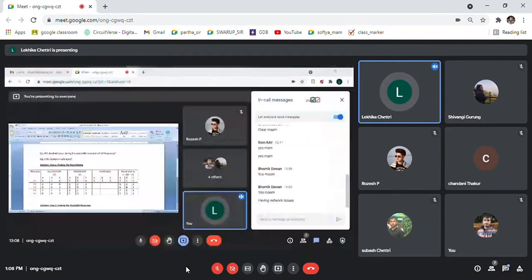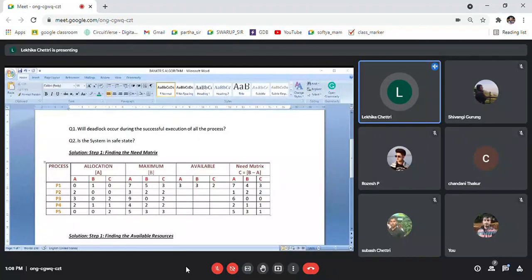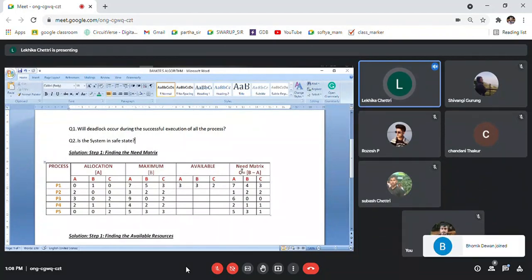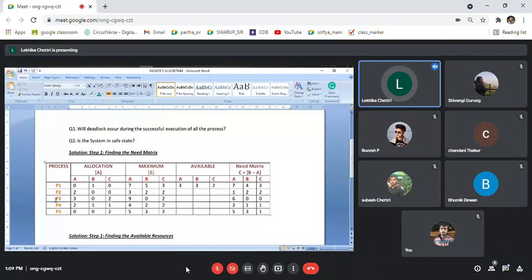Okay, anyway, class. So towards finding a safe state to avoid deadlock, we have Banker's algorithm. The first step towards Banker's algorithm is finding the need matrix. Need matrix is performing maximum minus allocated. That means when a process enters into the ready queue, it has to submit to the operating system how many of these resources it needs. That is a claim the process makes, and it is your maximum portion.